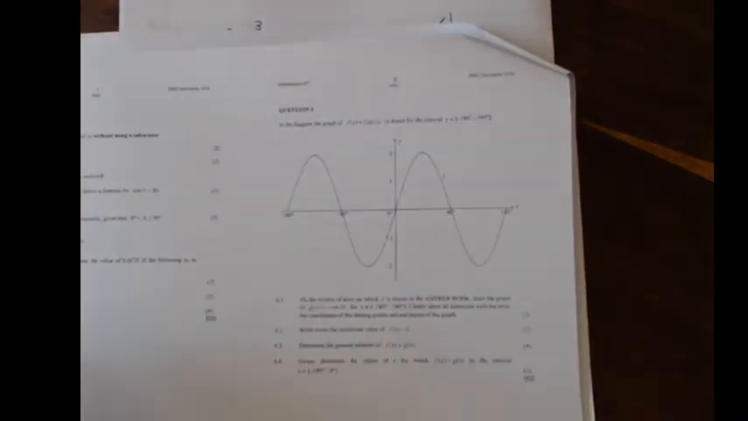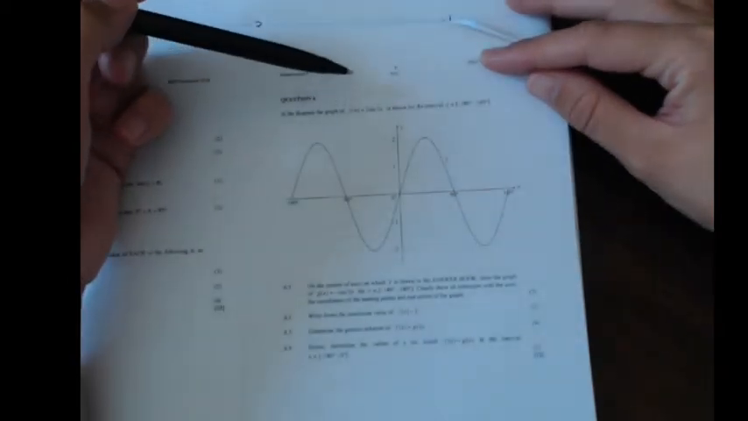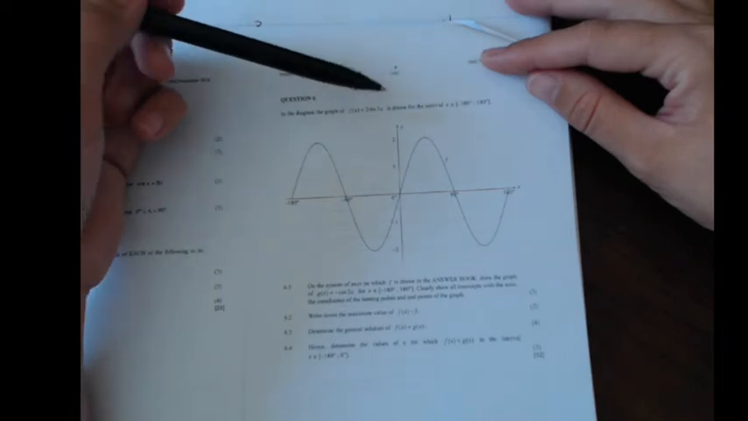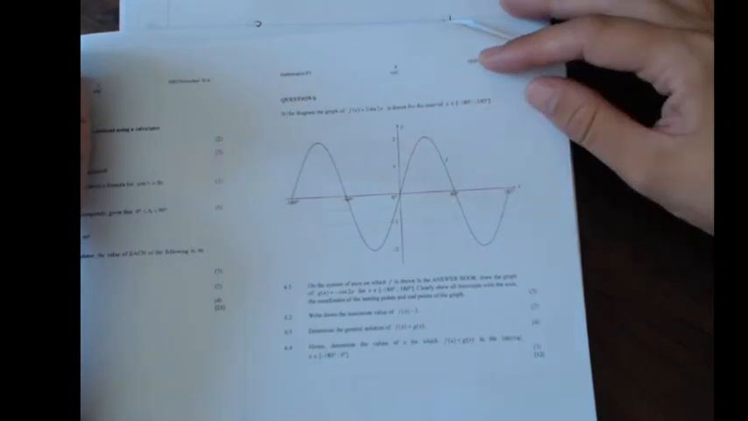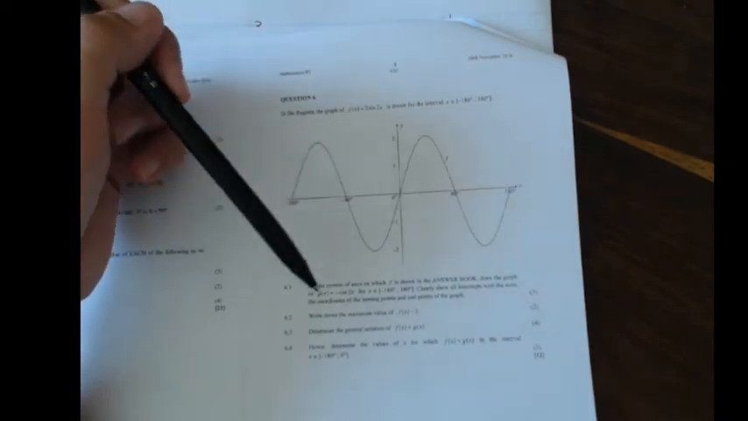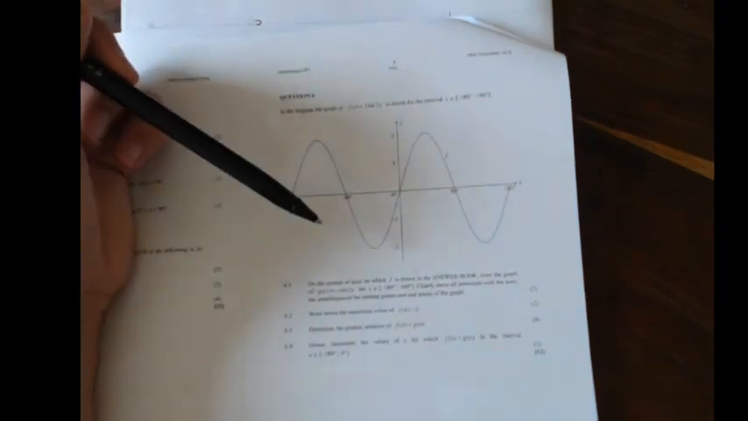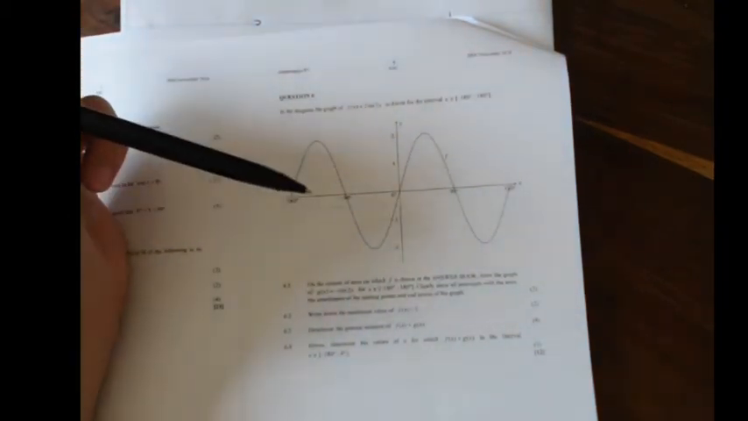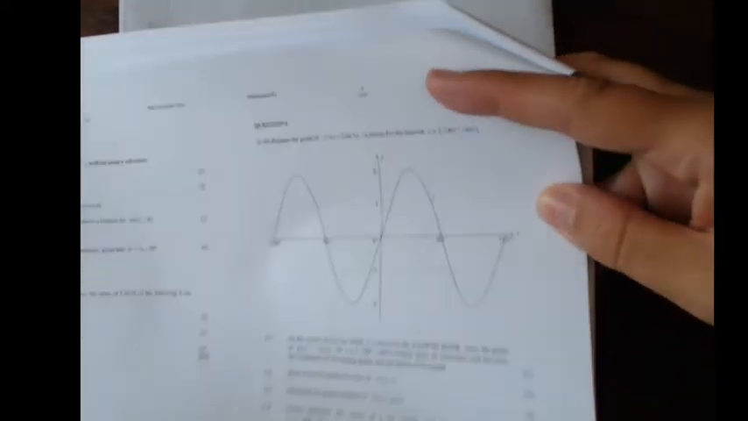That's question 5. Let's look at question 6, trigonometric graphs. In the diagram, the graph of f, 2 sine 2x, is drawn. On the system of axes on which f is drawn in the answer book, draw the graph of minus cos 2x. I'm just going to draw it on this one. Minus cos 2x. Now the cos graph